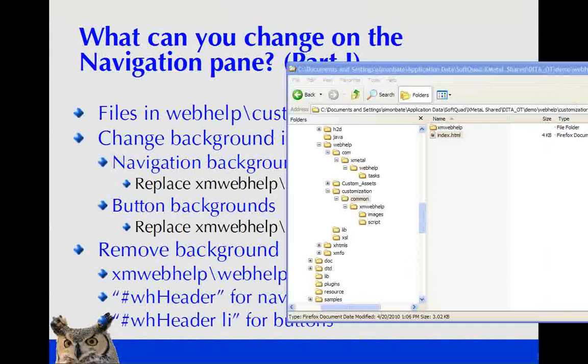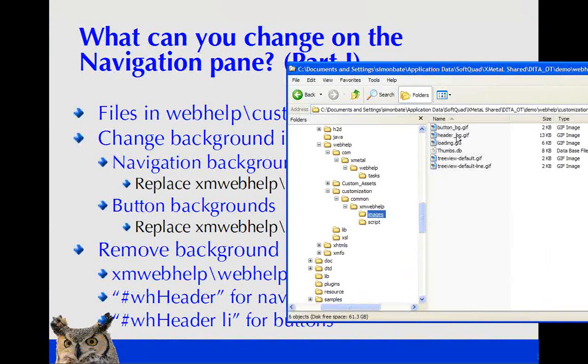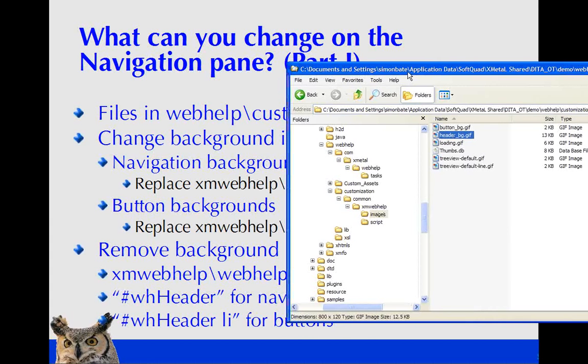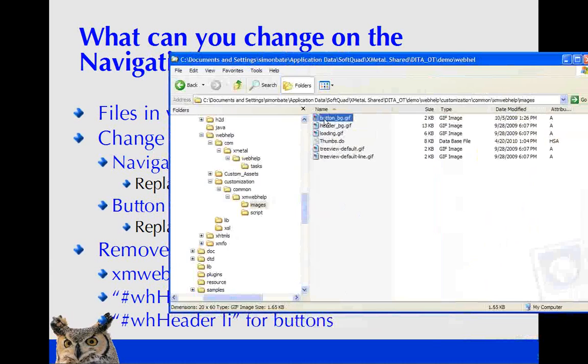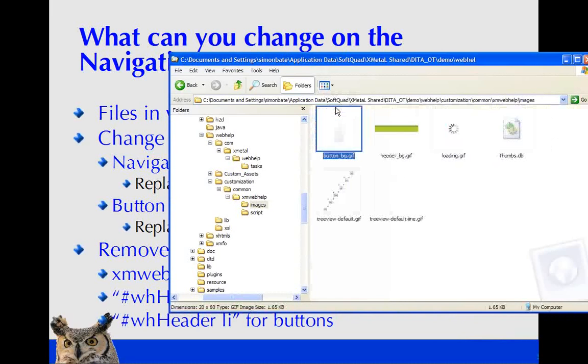A nice gradation in this green from dark green to light green. So that's done by a background image. The buttons themselves also have a slight gradation going the other way, from dark gray up to lighter gray. So those are both accomplished through background images. Now, if you have your own background images and just want to put them in, what you can do is